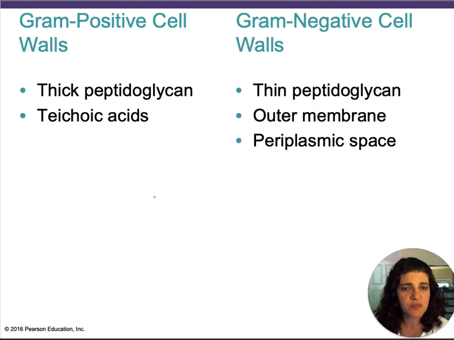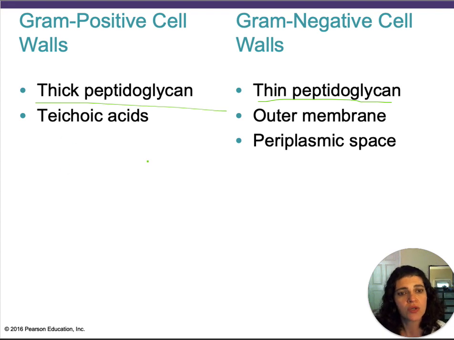The difference between gram-positive and gram-negative bacteria is that gram-negative bacteria have a thin peptidoglycan layer, while gram-positive bacteria have a thick peptidoglycan layer. Also, there are other molecules that are present in the gram-positive versus the gram-negative, and we're going to discuss that together with the staining of these positive and negative bacteria with the gram stain